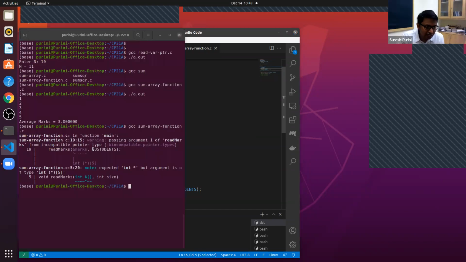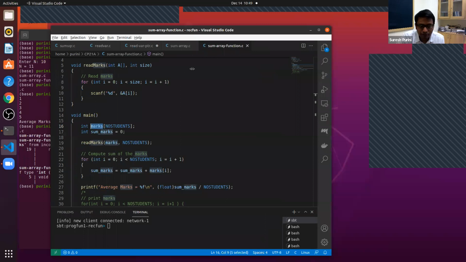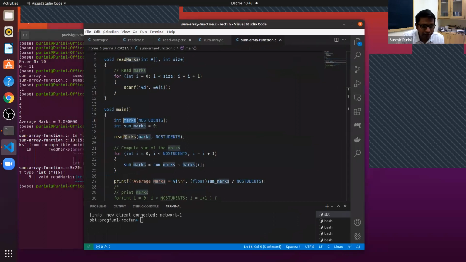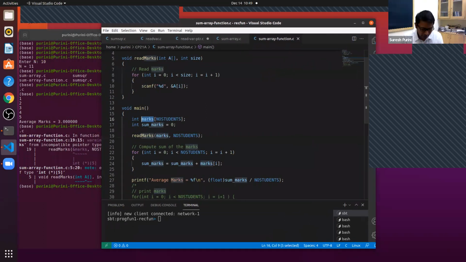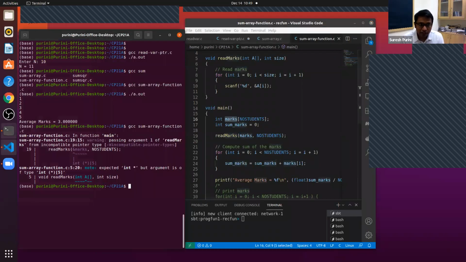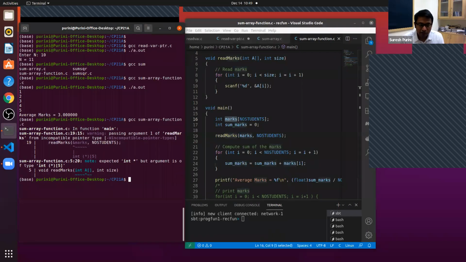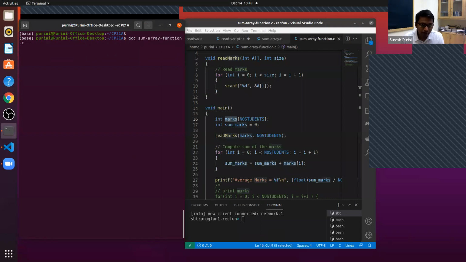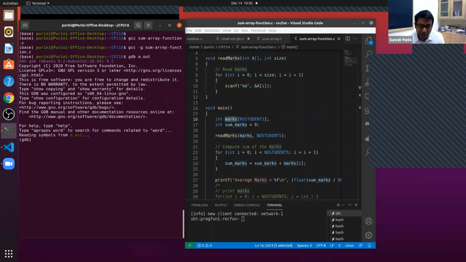In order to understand what I mean by this, let's get back here and do a GDB. gcc sum array function.c, I have to use -g. gdb a.out, break main, break read_marks.